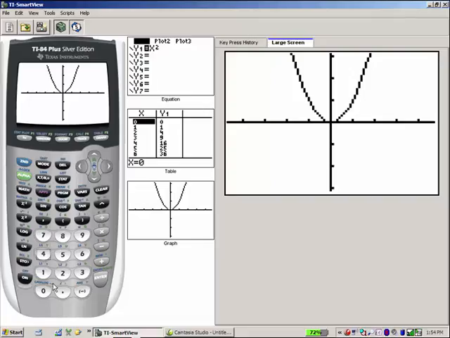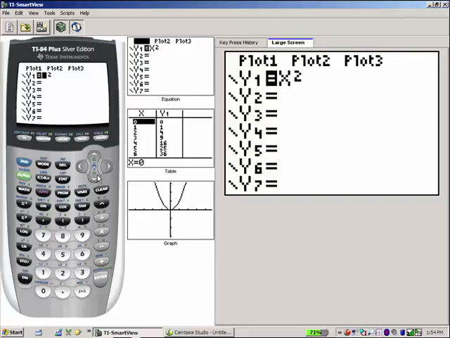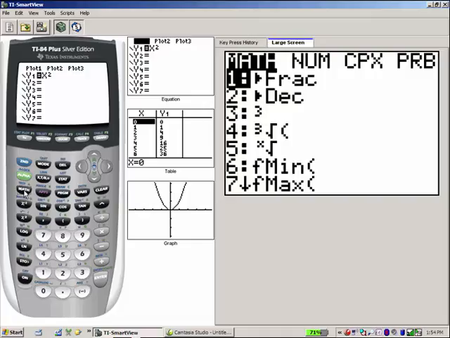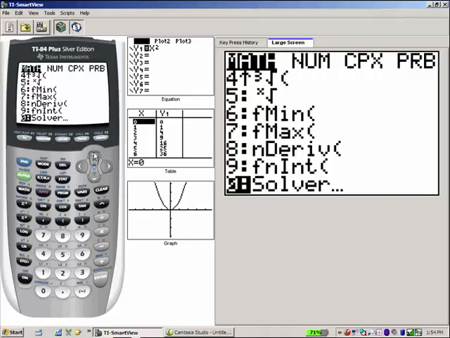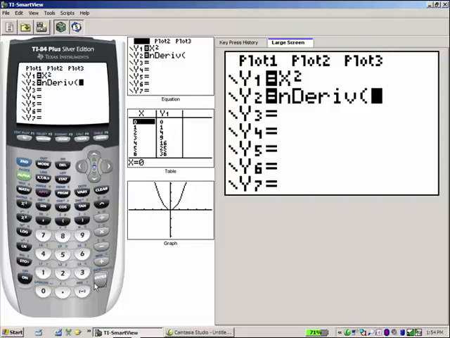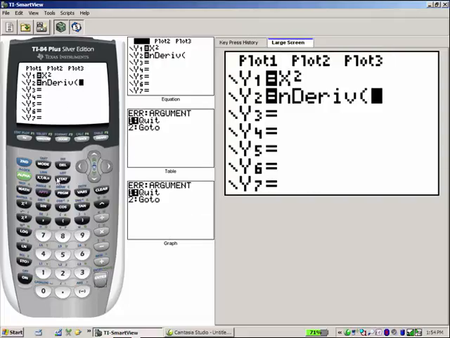All right. So your calculator, you know that it will calculate the derivative at a point. If we're clever, though, we can actually graph the derivative for a bunch of points. So here's what we do. In Y2, you're going to type MATH, and then you're going to go down to 8. So we're going to actually ask the calculator to graph the derivative of